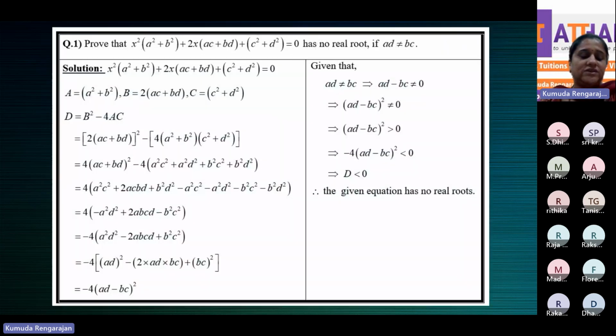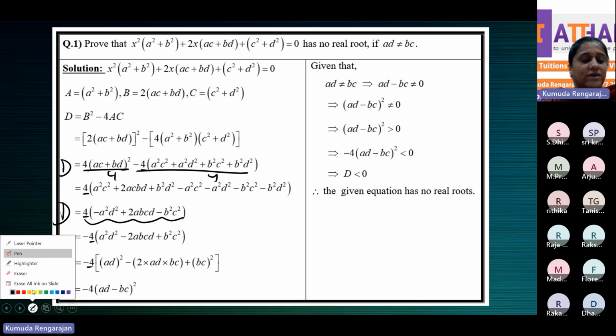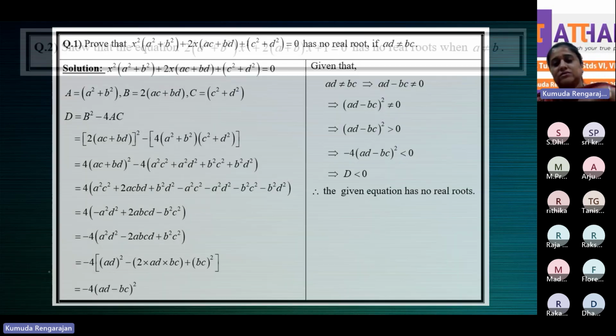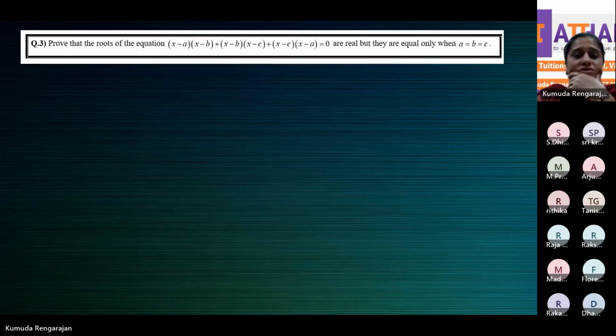So that's what we see here. See here, we did not divide by 4 throughout. We only took out 4 common. We kept 4 common. Because this one has 4, you cannot divide this one and this one by 4 because it's an expression. You're finding D. It's an expression. So you can only take out 4 common. You cannot divide by 4. Unlike this situation,